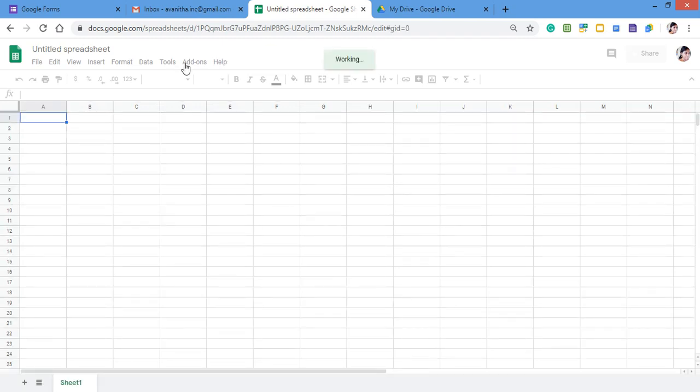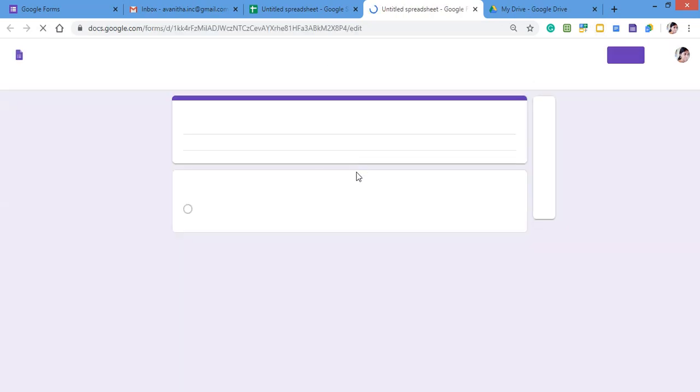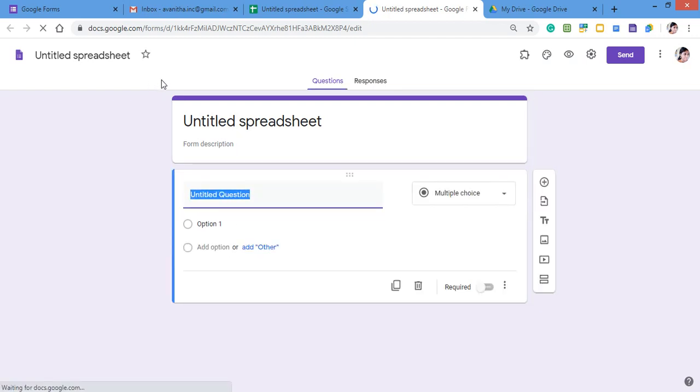In that you can create a Google Form from the spreadsheet. For example, if I click create a Google Form, it will go to a new blank Google Form page. In that way also you can enter into the Google Form page. These are all the three ways you can go inside the Google Form page.